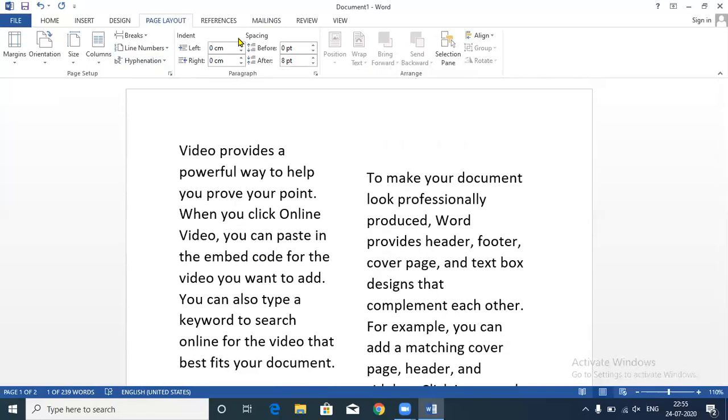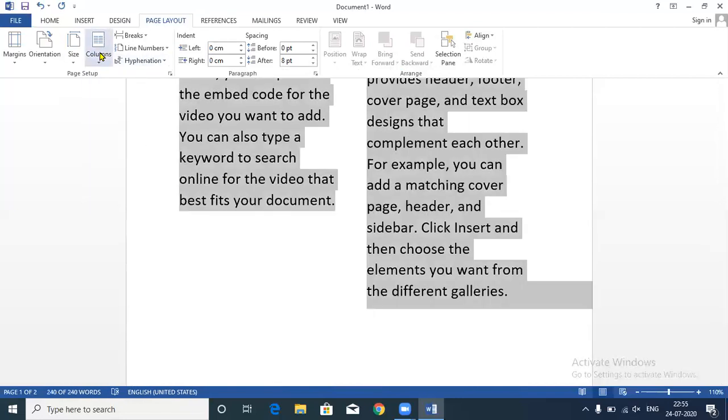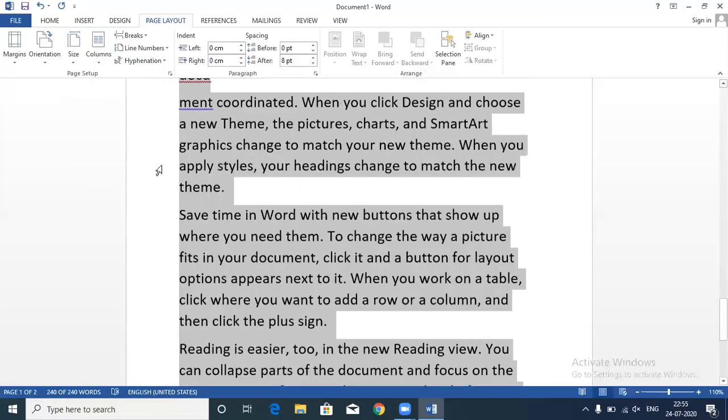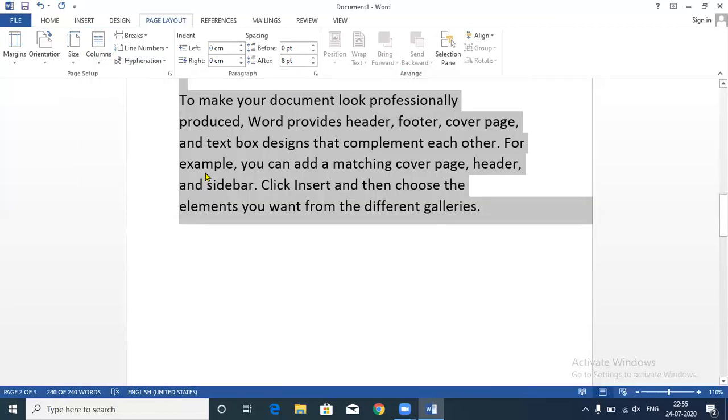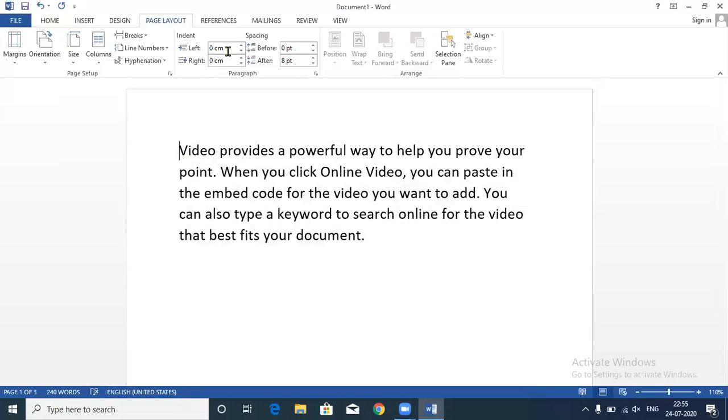Okay, now we have some indent options available with us. What are these indent options? Let me set my page into a single column. Okay, one column. Fine. Now we are talking about these options, indent left and right.